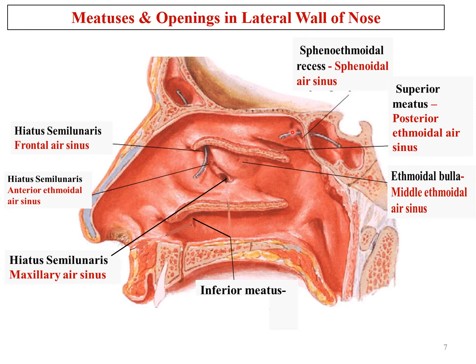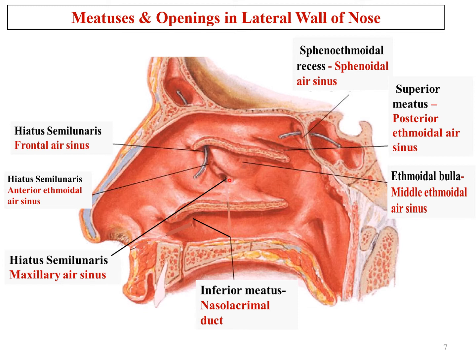So let us revise again. Here in the sphenoethmoidal recess, the most posterior sinus will open, and that is the sphenoidal air sinus. Then in the superior meatus, next to the sphenoidal air sinus, which sinuses will come here? The posterior ethmoidal air sinuses. So they will open in the superior meatus. And now the rest will open where? They will open into the middle meatus. On the ethmoidal bulla, next come the middle ethmoidal air sinuses, which will open.